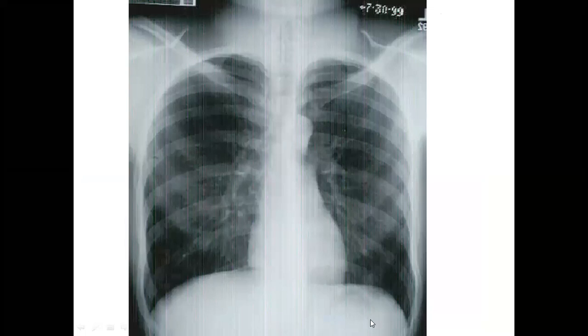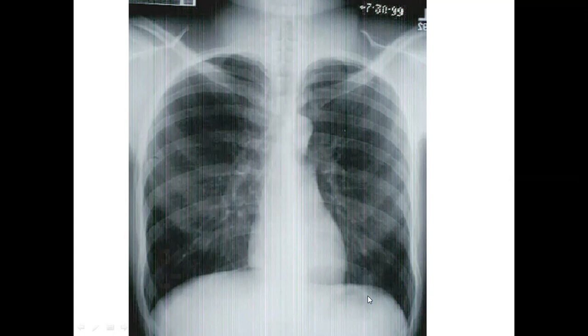This is the diaphragm, right dome of diaphragm, left dome of diaphragm. The right dome of diaphragm is a little higher because on the right side we have the liver in the abdomen. The left dome of diaphragm is a little lower because on the left side we have the stomach. The other things we see in the chest X-ray are the two clavicles and the ribs.